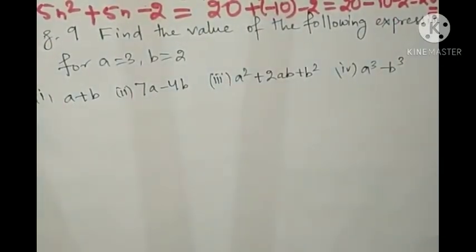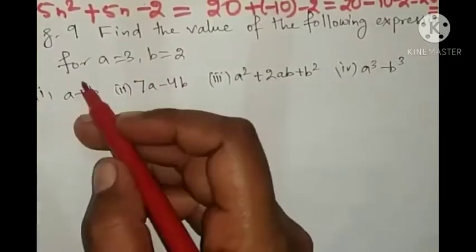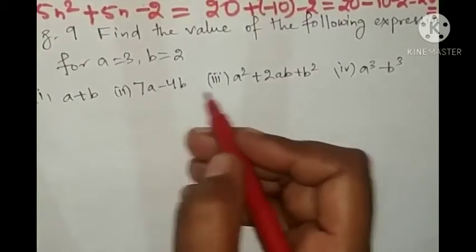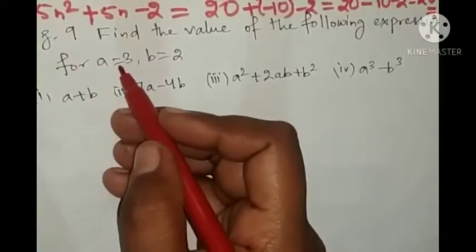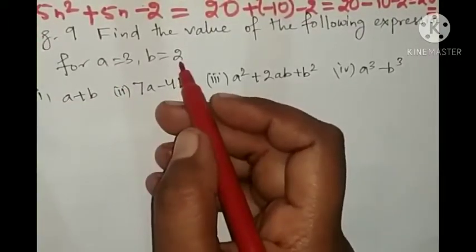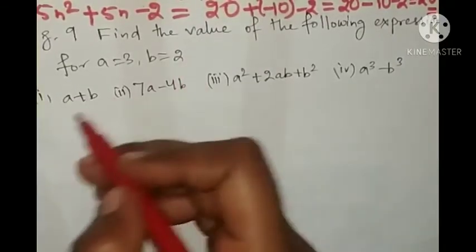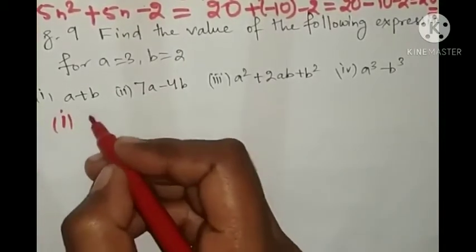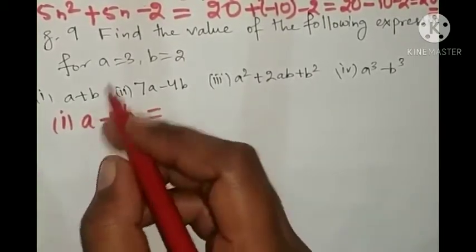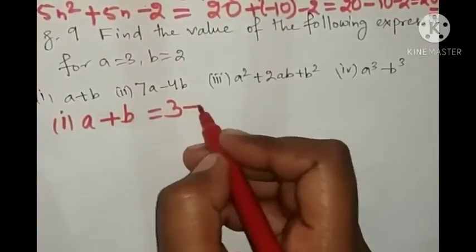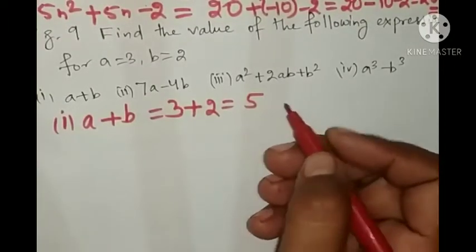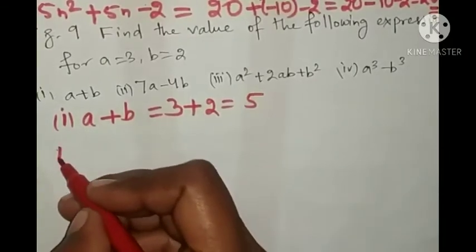Next, find out the value of the following expression. Here we have been given two variables, a equal to 3 and b equal to 2. So here two different variables are there, a, b, a, b. So for a we will put a's value 3 and for b we will put 2. It is not like that for a you will put b's value and for b you will put a's value. It is wrong. Okay. So let's see number 1, a plus b. So look at here, for a it is how much? 3 plus, for b it is 2. What will you write? 3 plus 2 equal to 5. Next you will do what is given.